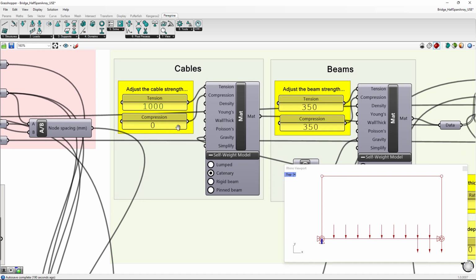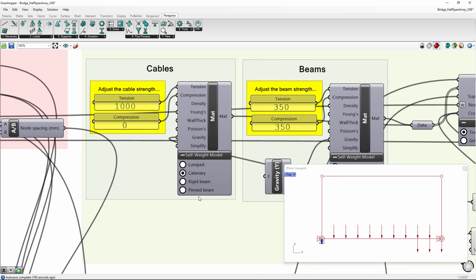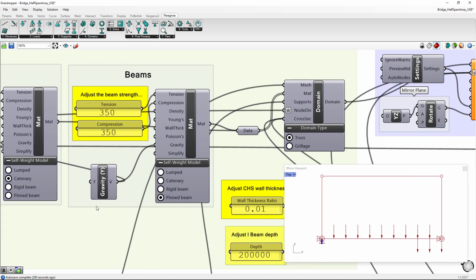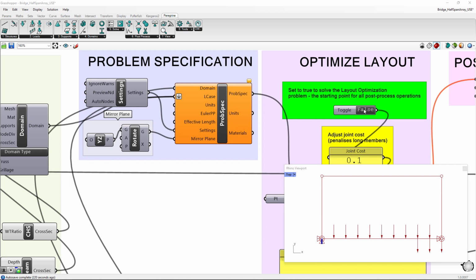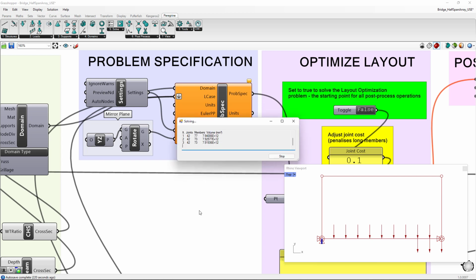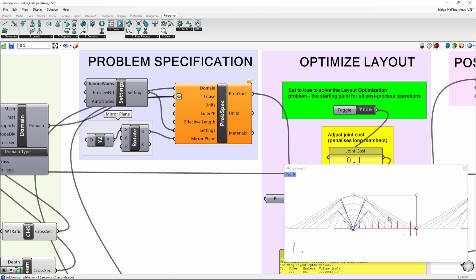So here, if I zoom in, we can see we have our cables, our material component, and we've selected the catenary self-weight model and applied a tensile stress limit of 1000. On the right here we have our beams, and they're using a pin beam self-weight model, and we've provided those with equal tensile and compressive limits of 350. If we scroll across, we can solve, and in just a couple of seconds